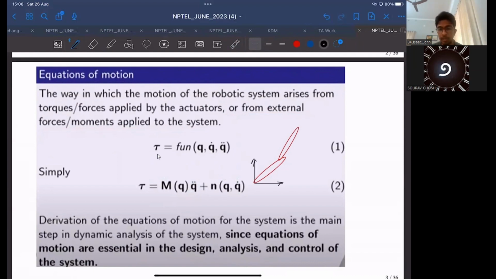So if we task this robot to execute some tasks that involve gripping or pick and place, its end effector would be subjected to some forces and torques, a force vector as well as a moment vector, as a part of its task. It could also be subjected to external forces and external moments, acting throughout the entire mechanism, on all the links.